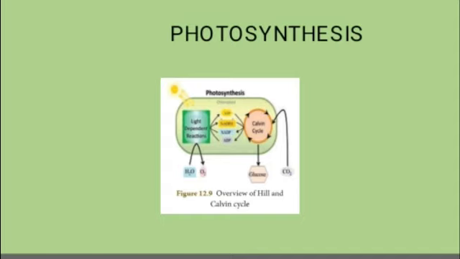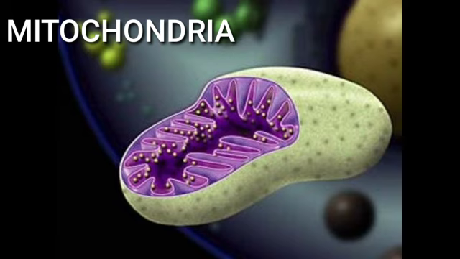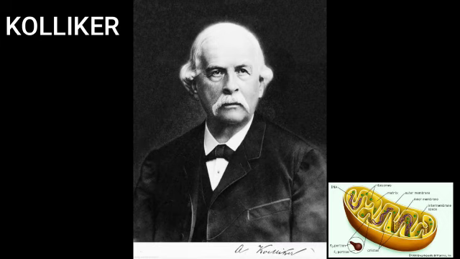Now we move on into the study of mitochondria. Mitochondria are filamentous or granular cytoplasmic organelles present in cells. The mitochondria was first discovered by Kolliker in 1857 as granular structures in striated muscles. Mitochondria, the singular is mitochondrion, are organelles within eukaryotic cells that produce adenosine triphosphate, that is ATP, which form the energy currency of the cell. For this reason, the mitochondria is referred to as the powerhouse of the cell.